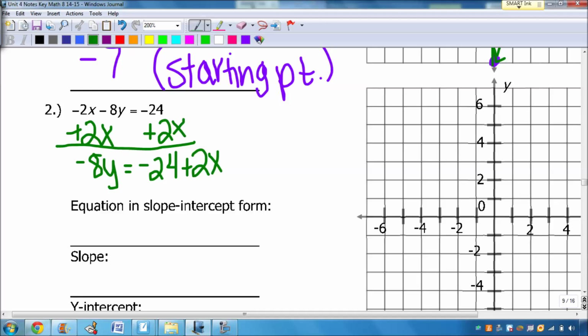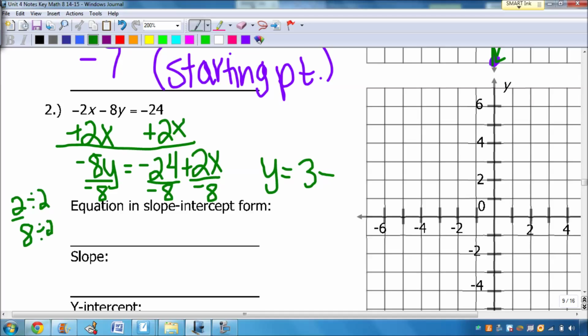Then you're going to divide both sides by negative 8. Every term gets divided by negative 8, okay? So you end up getting y equals, now when I divide negative 24 by negative 8, you get positive 3. And then when you divide 2 by negative 8, it does not divide evenly. I know it's going to be a negative number because it's a positive over a negative. Now I'm going to figure out what 2/8 is when I reduce it. Well, they're both divisible by 2, so you end up getting 1/4. So this is minus 1 over 4x. Okay, so the equation in slope-intercept form is y equals 3